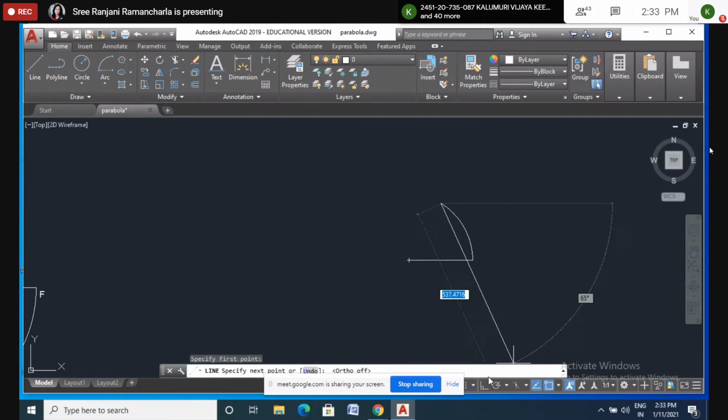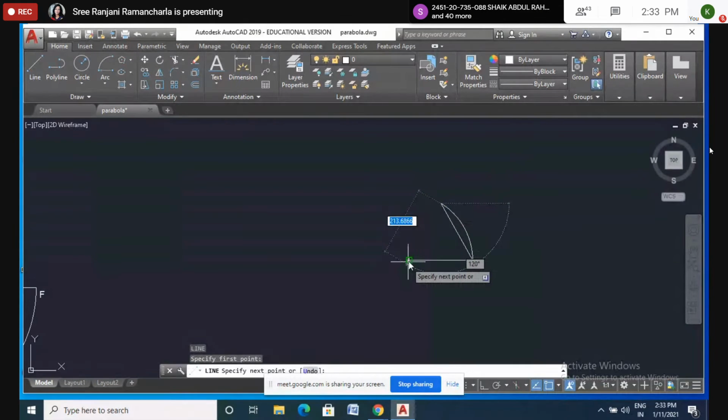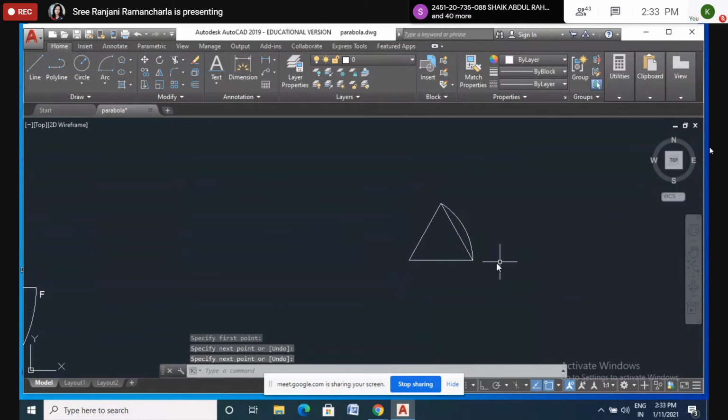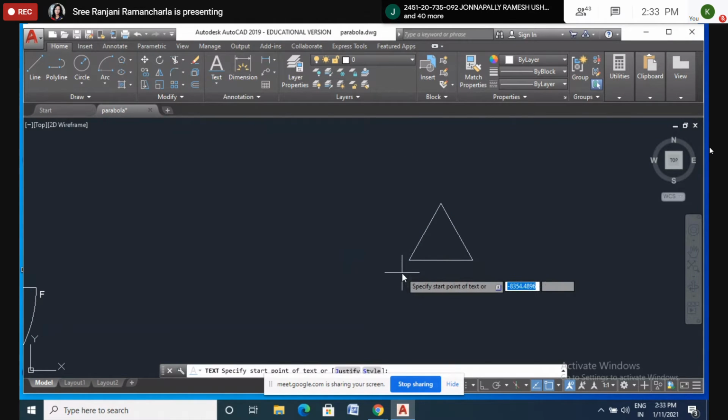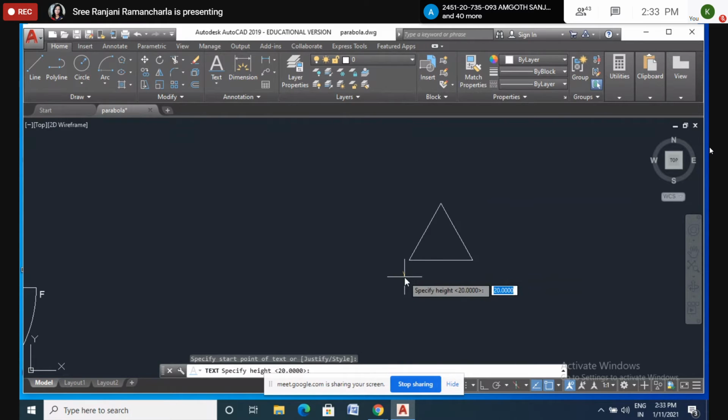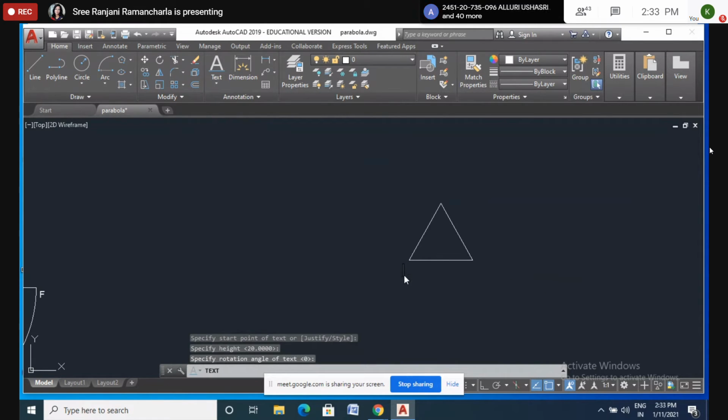So you know how to draw the equilateral triangle. Like this I can draw an equilateral triangle. You can draw taking one curve like this, with this as center and this as the radius, and taking one curve like this. Two curves are intersecting at that point. So you will get the equilateral triangle of 2 centimeters. Okay. After getting this one, now again I want to name this one ABC. So here I want to name as A. This one is capital B and capital C.